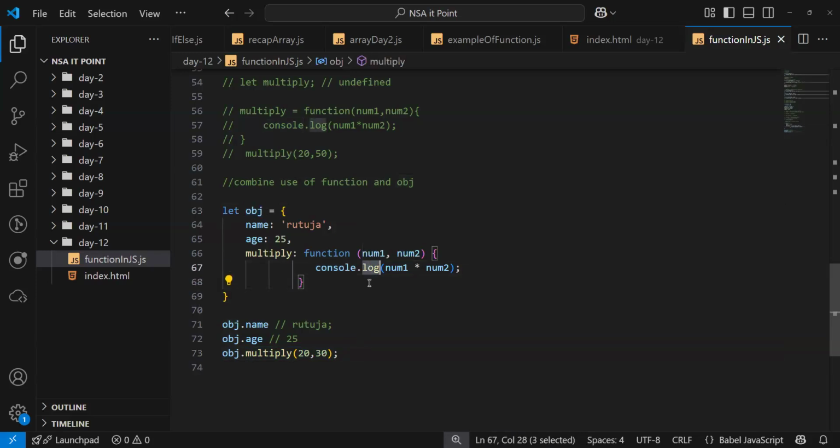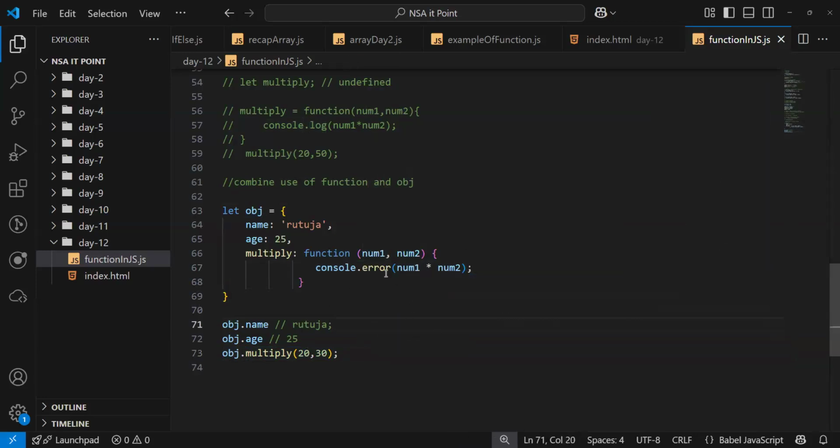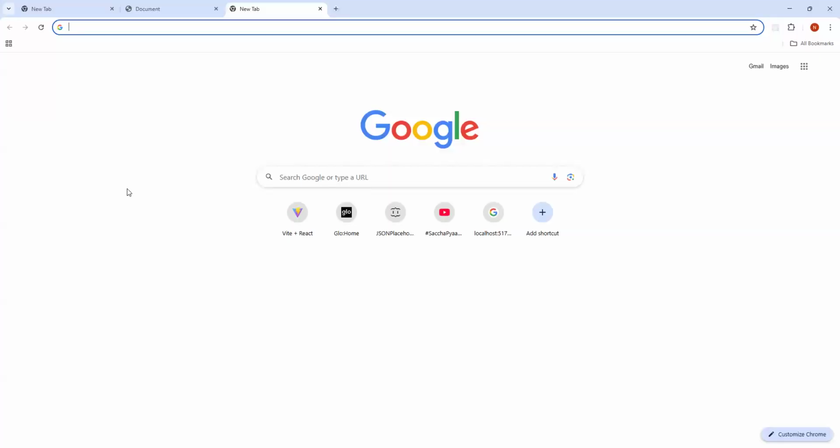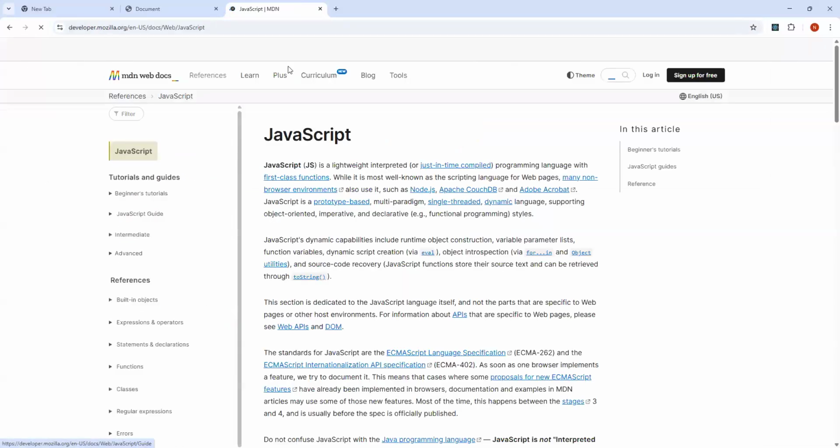We have multiple things, like error. Let's find out more. We have documentation named MDN for JavaScript, so let's just search console.